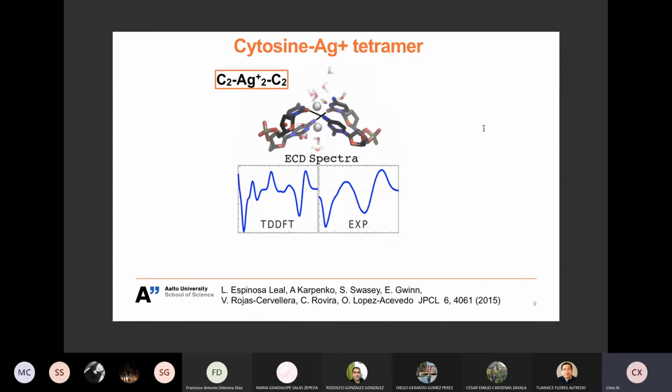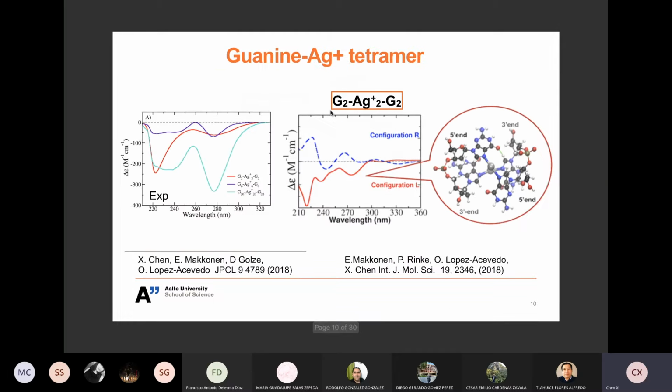For example, before I came to Aalto, people from Olga's group used this method to find the structure of this silver-mediated cytosine tetramer. They calculated the spectra and compared with experiment. They fit quite well, and they found in such system we have this interplanar hydrogen bond, which helps to stabilize the silver atoms. Then when I joined her group,